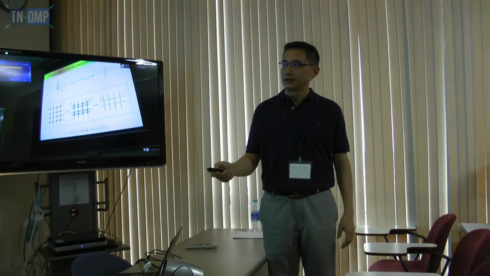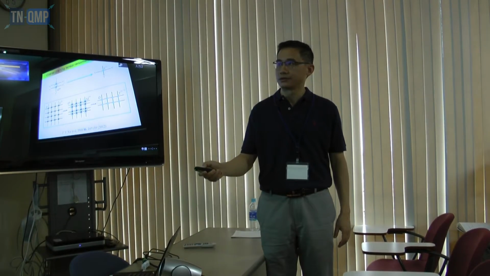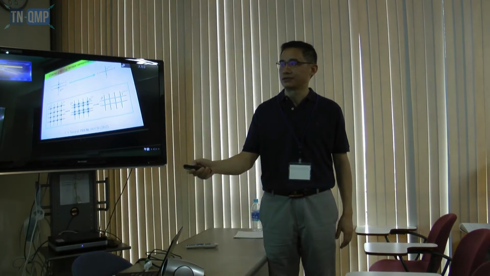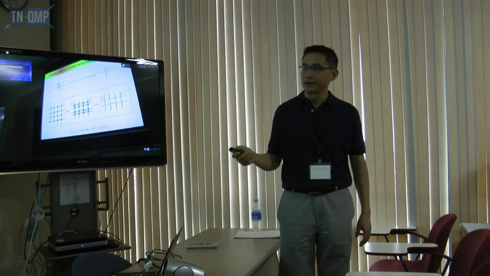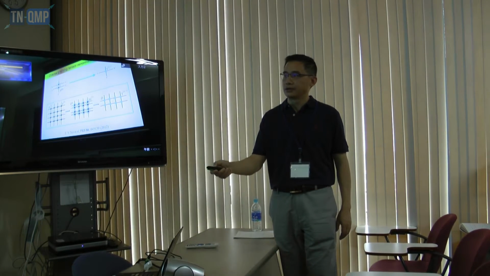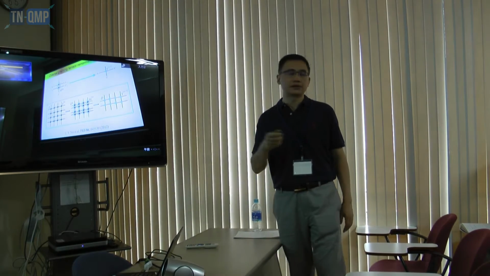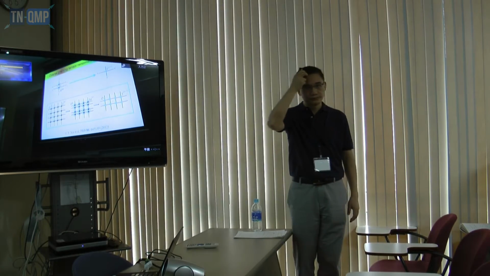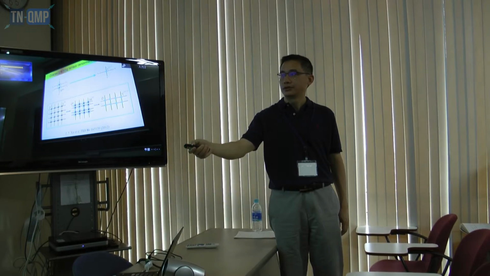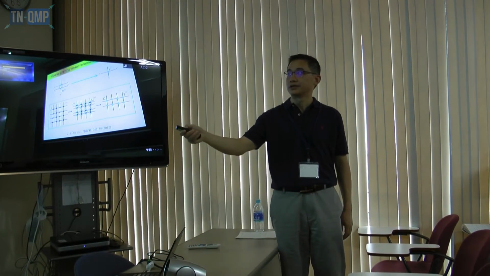You just contract every 2 sites, for example, along the vertical direction, and form a new lattice. This is a 4x4, then this is a 2x4 lattice. Of course, once you contract these 2 tensors into 1, the horizontal bond dimension is squared. Now we need to do an approximation to cut this bond from d squared to d. So this is to do this one.